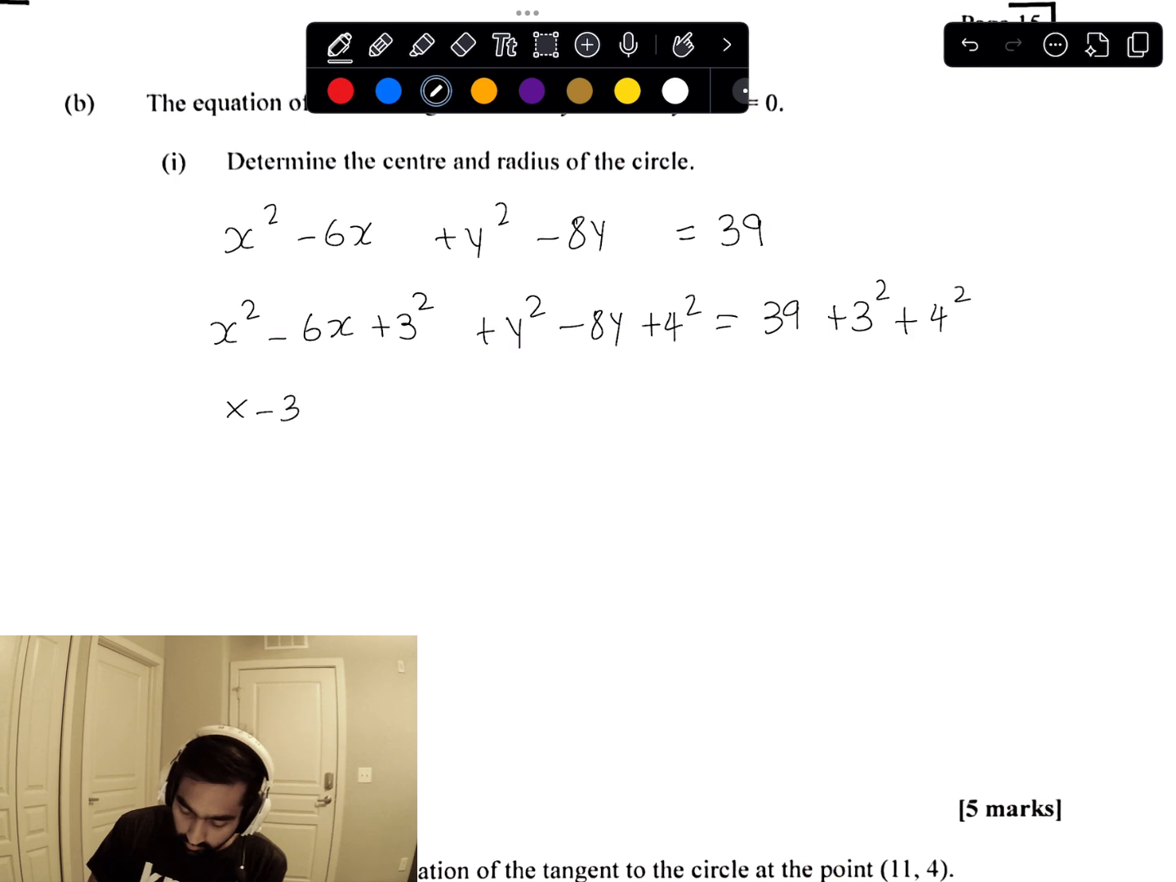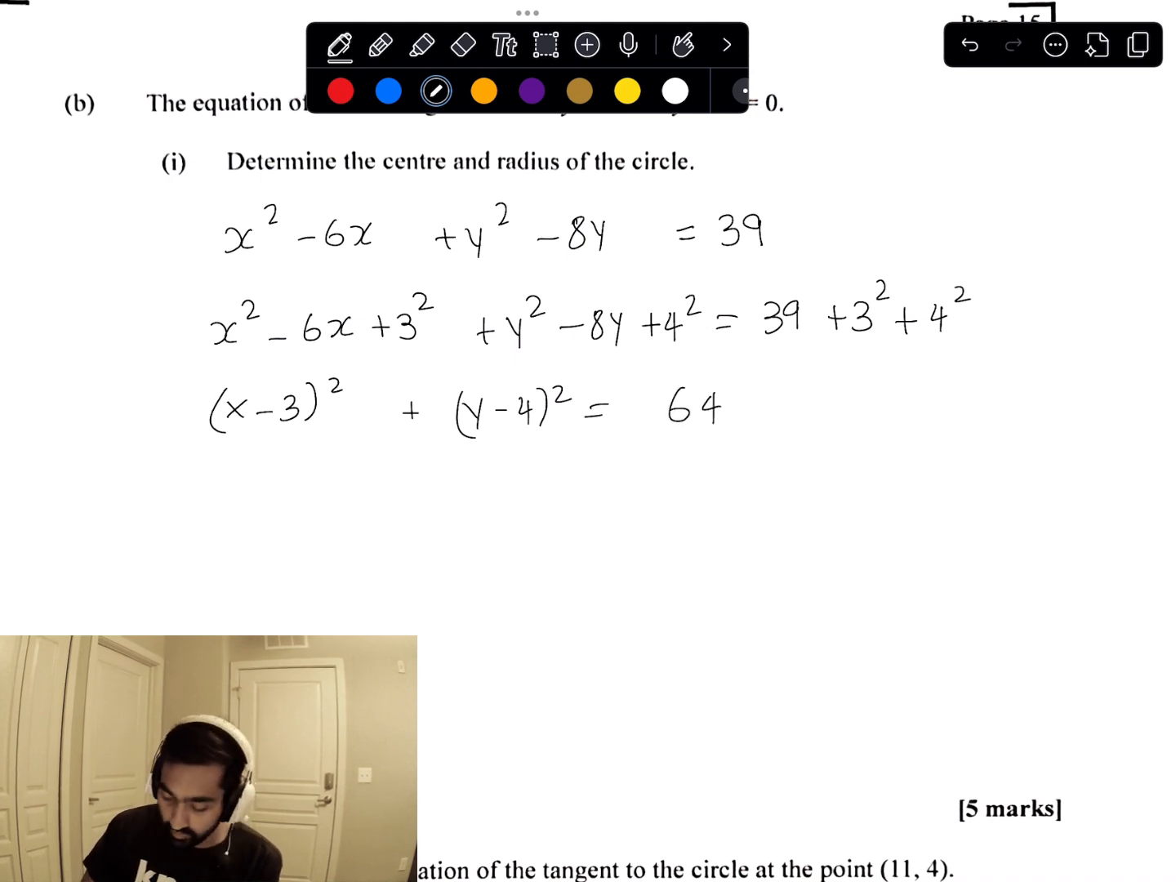And now this here is going to be equal to x minus 3 all squared. And then similarly, this is equal to y minus 4 all squared. If I add all of these things together, I get 64. And from this form, I can tell what the center of the circle is. The center of the circle